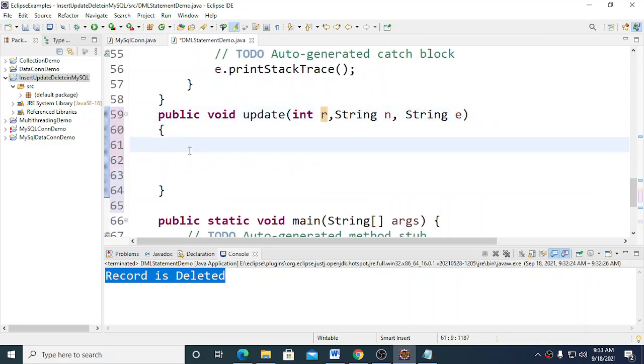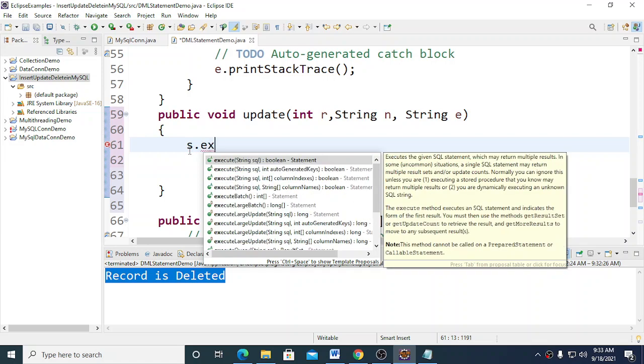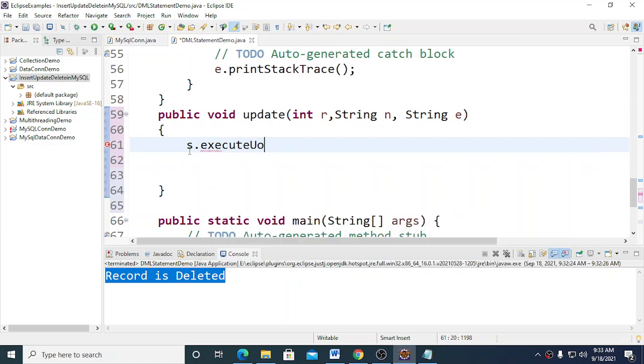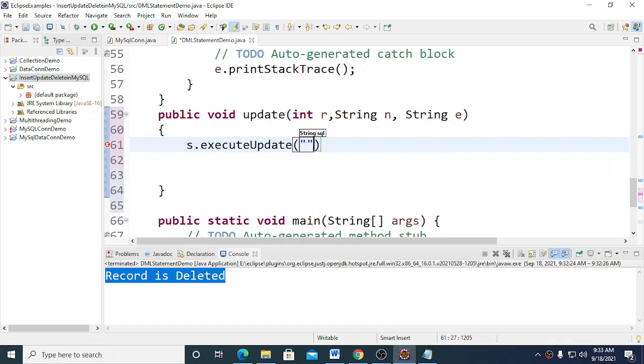So how to write a query to update the record? s.executeUpdate is the function that is to be called whenever we perform any update operation on the database. And here I am specifying the update command.